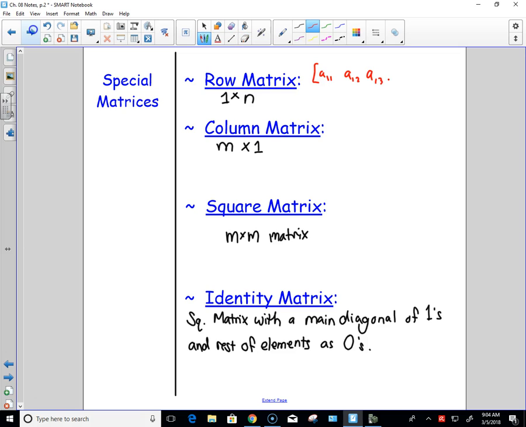An A1n, whatever size you have, it's still just 1 row. If you have a matrix where A11, first row, first column, A21, second row, first, A31, no matter how many entries you have, you still have 1 column for a column matrix. And then for a square matrix,